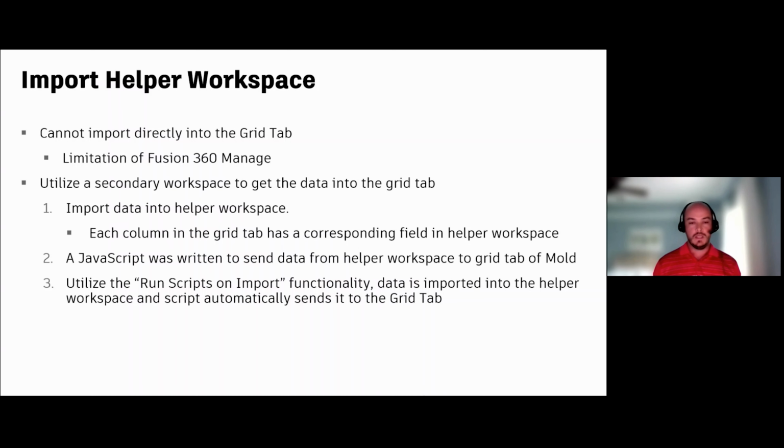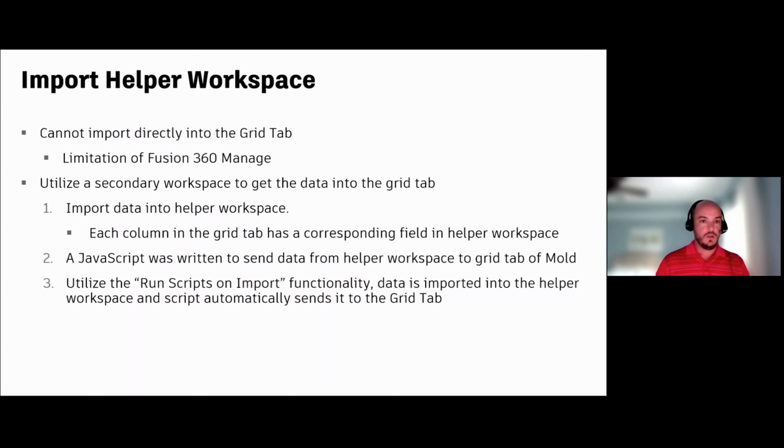So when you put it all together, BOA will take that import and load it into our helper workspace. Every time a new record gets created for each of the line items in the Excel table, it creates that record, runs a script, and that data gets transferred over. As the last action of that script, it deletes the record, thus cleaning that workspace out. It imports, sends it, deletes it, and continues on to the next one.